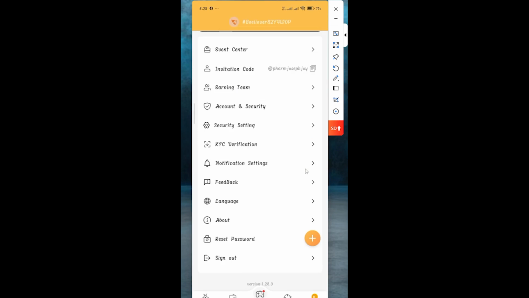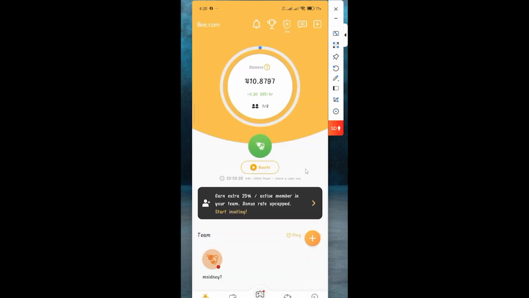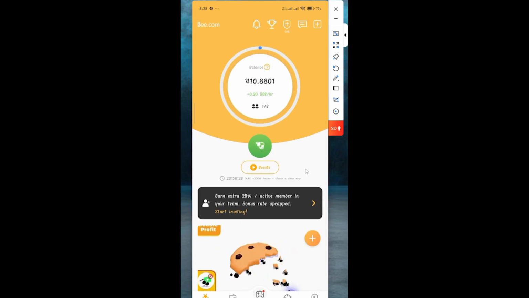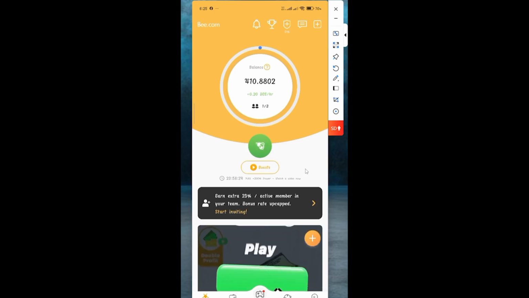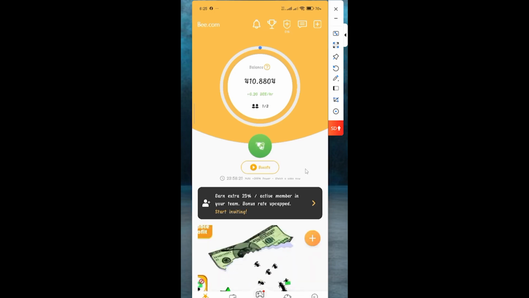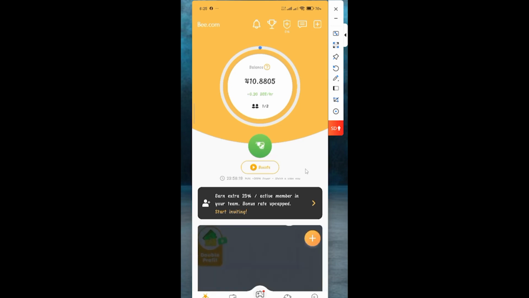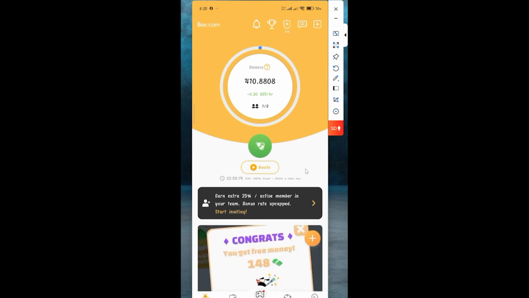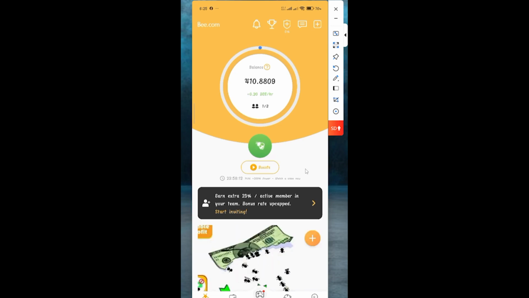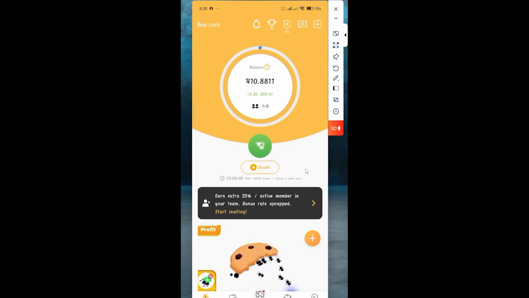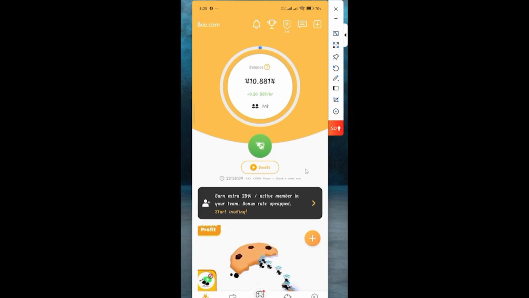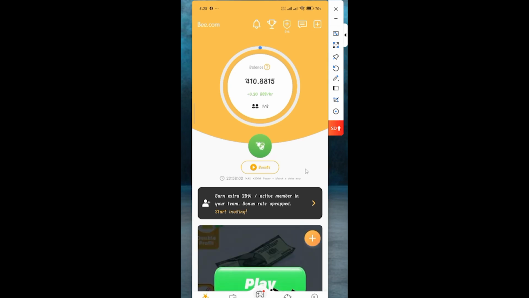So this is how I show you how you are able to connect your wallet and how you do your KYC. And KYC is batch by batch. If your batch has not come, it will show you coming soon. But if your batch has come, I'll show you the process. All you have to do is take a snap of your face. Once you enter, it will show your face, and that is all. It's very, very simple.